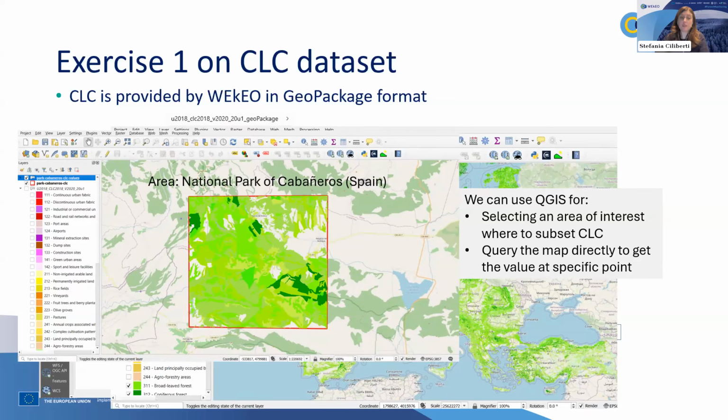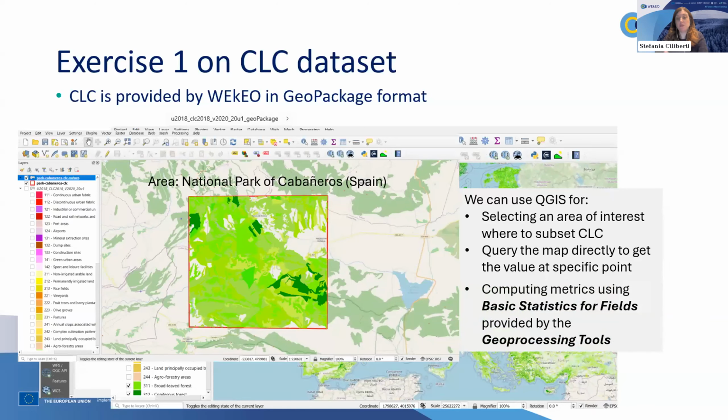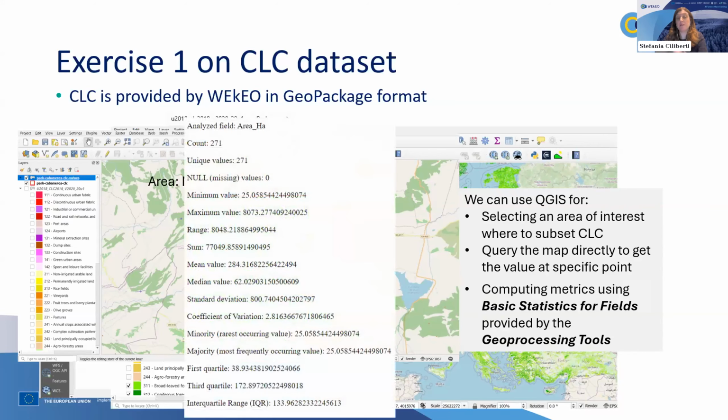So basically, I selected an area in Spain, the National Park of Cabañeros, that is well monitored, especially because it's one of the most peculiar and critical areas because of wildfires. And this kind of tool can be extremely supportive in this sense. Of course, you can use some basic statistics for computing the metrics, as I've done here,